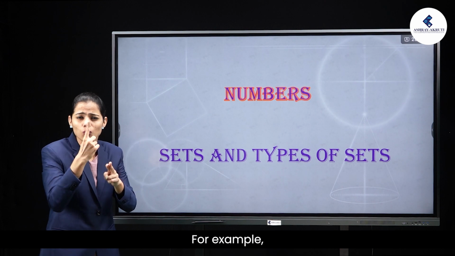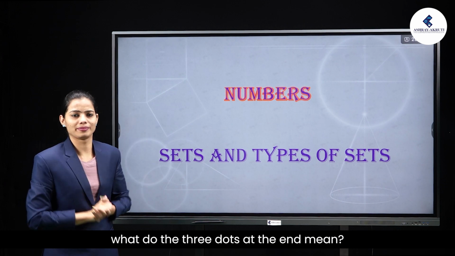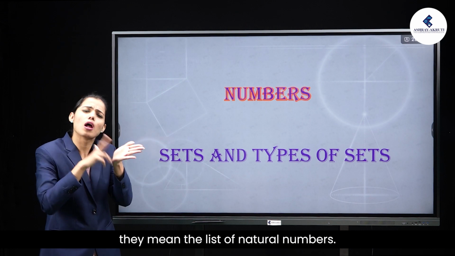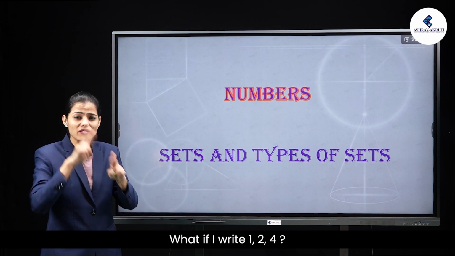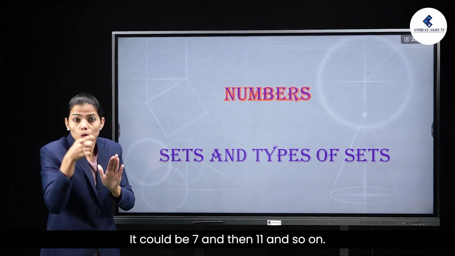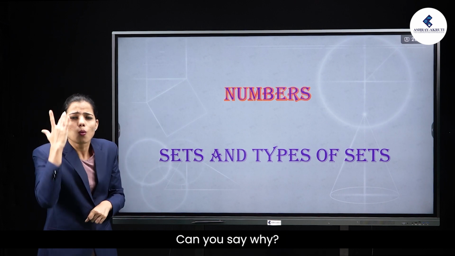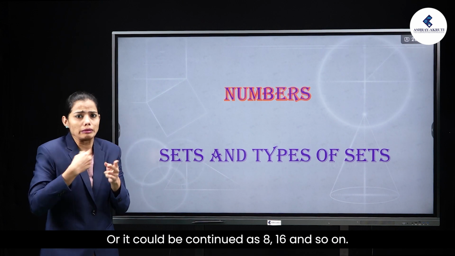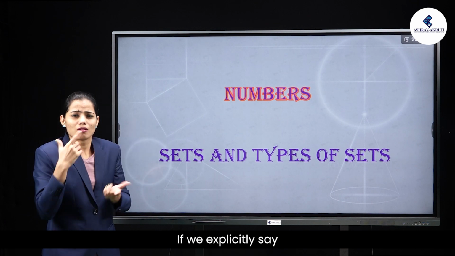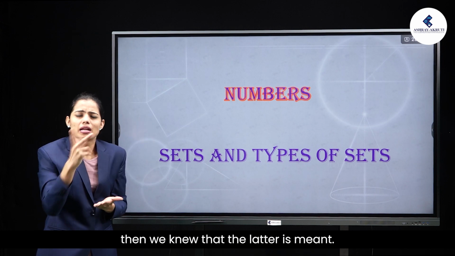For example, if I write 1, 2, 3, dot dot dot, what do the 3 dots at the end mean? You say, of course, they mean the list of natural numbers. What if I write 1, 2, 4, what comes next? It could be 7 and then 11 and so on. Can you say why? Or it could be continued as 8, 16 and so on. If we explicitly say the collection of numbers that are powers of 2, then we know that the latter is